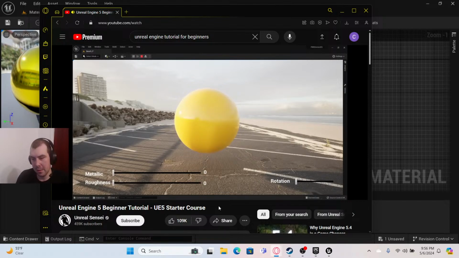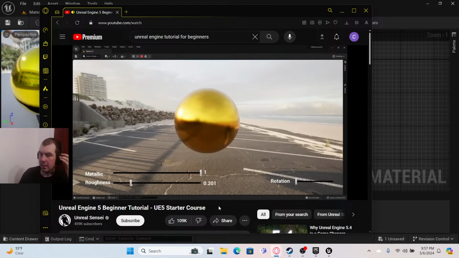So if I bring it all the way down to 0 and play with the metallic value, which is right now at the default value of 0, so it's not metallic, but slowly we can see it goes from a plastic material all the way to a very shiny gold material. And if we play with the roughness value, we can really see those changes taking effect. Both these values are clamped from 0 to 1. So let's say if we input a roughness